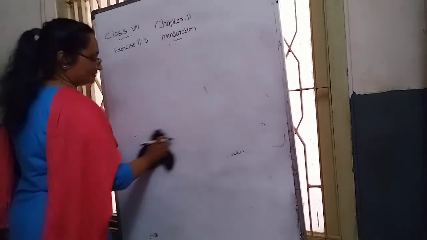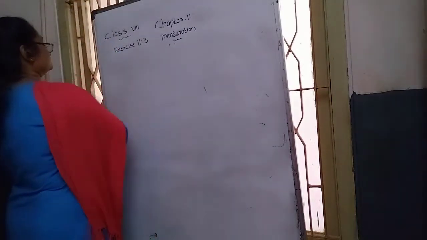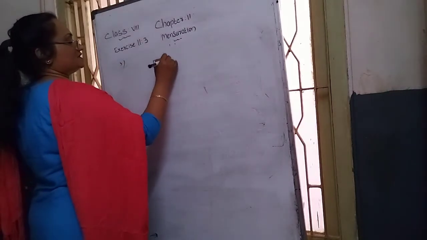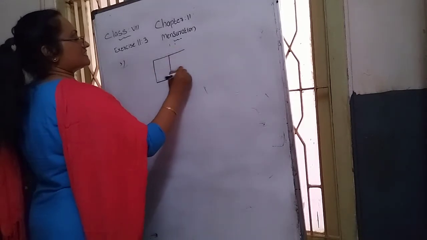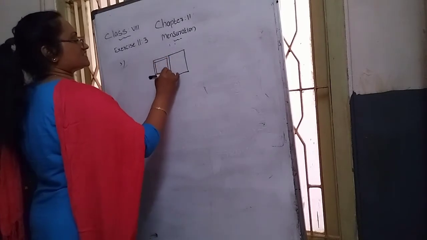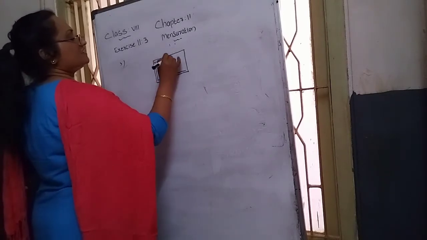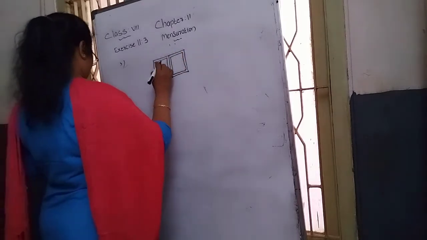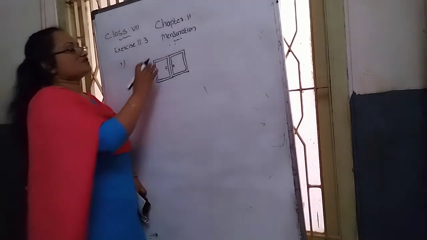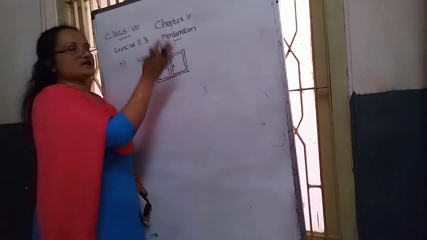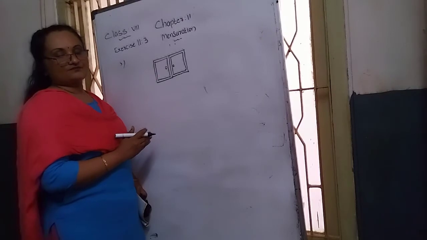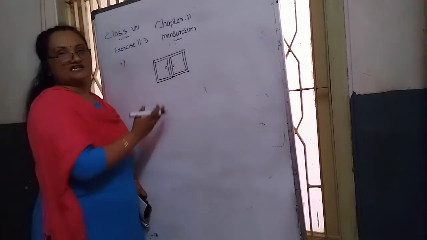In the third question, they talk about a cabinet. Cabinet means, just imagine, like our cupboard. One lady, her name is Ruxana, wants to paint this cabinet. The front side is painted, the back side is painted, the left side and right side of that cupboard are painted, but the down part is not painted.